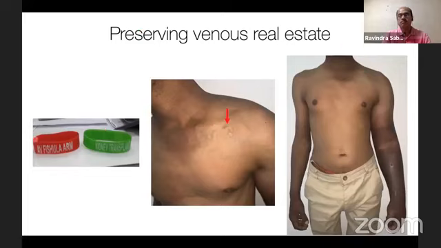What we actually do is, as soon as CKD is diagnosed, we give one of these bands to be worn by the patient after selection of the arm for AV fistula construction. And whenever he goes to the lab, he wears these bands, and the lab technician or ICU technician or staff of the hospital knows that these veins are never to be pricked except by the urologist or nephrologist or dialysis technicians. So we make every effort to train the staff to preserve the venous real estate.